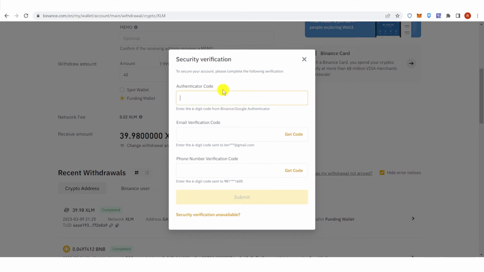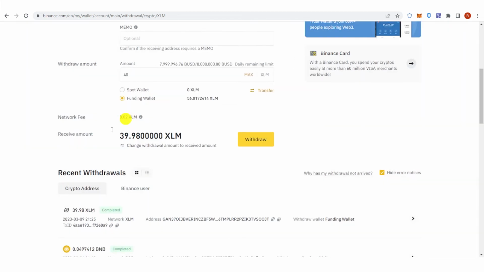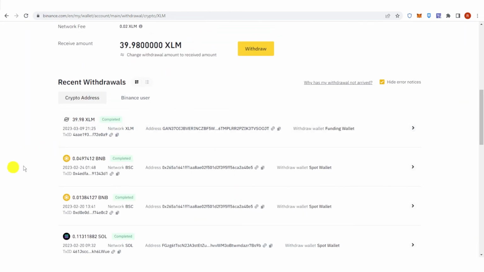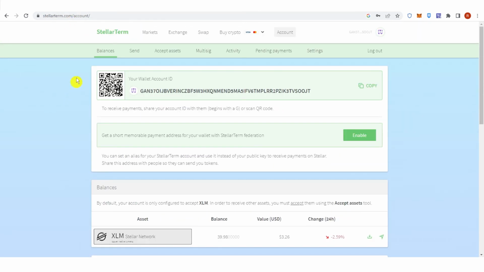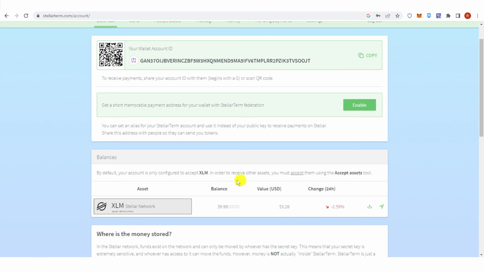So type down your authenticator code, the email verification code, and the phone number verification code. And then once you have filled up all this information, click submit, and then wait for the transaction to be completed. And then once the transaction is completed, go to your Stellarterm account, and you can see here your balance